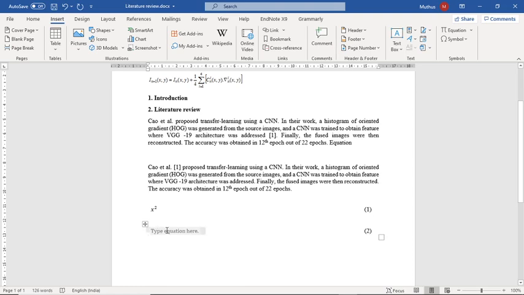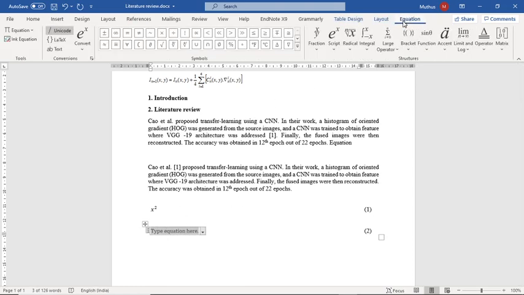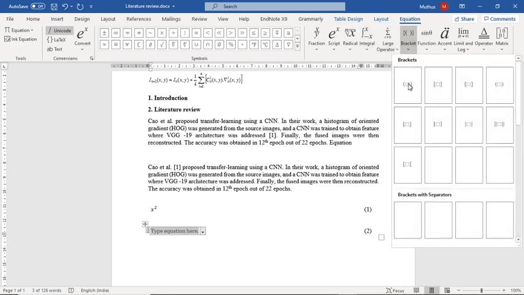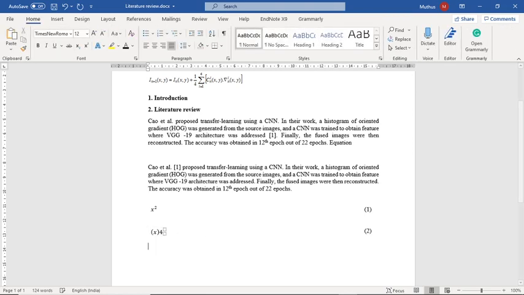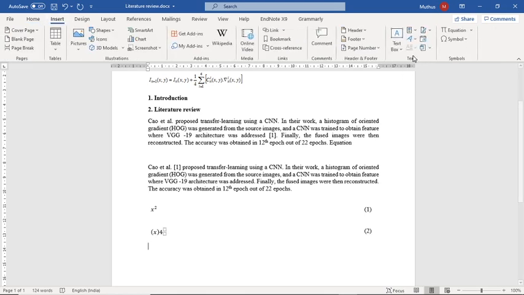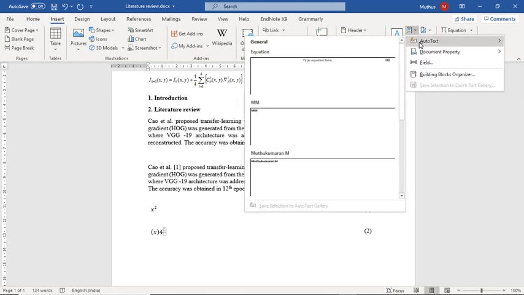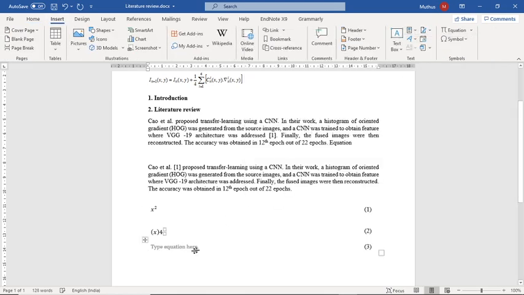So automatically the number will be assigned. Here I am giving some other bracket, and like that, whatever you like you can give. And again I am inserting one more equation. Like that we can give the equations.